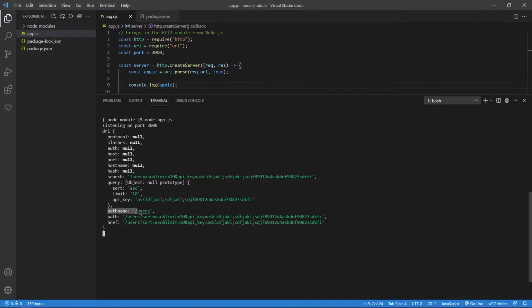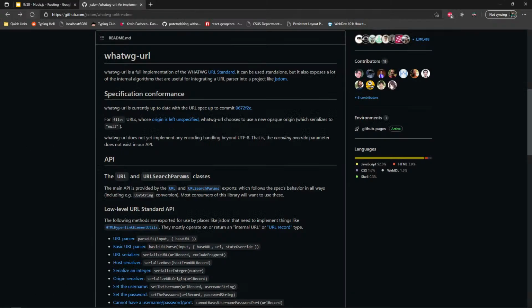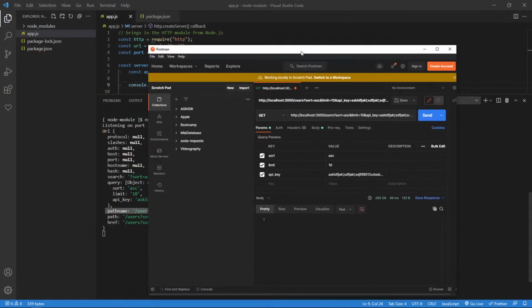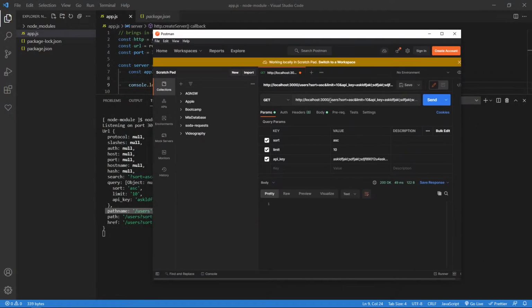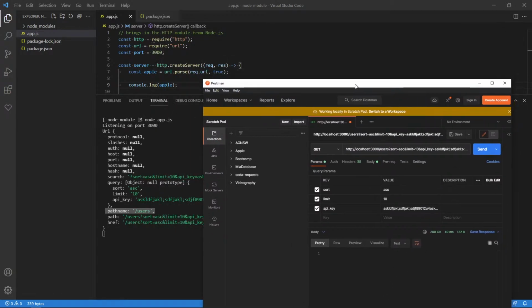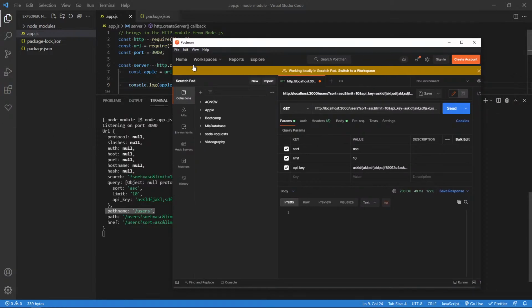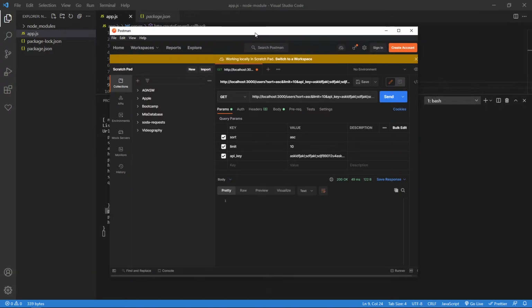And then if you want to know what was the resource they were looking for, that's under path name, right? Where is it at? Over here. Trying to parse this out yourself is going to be a nightmare, right? So don't do it. Use a module. Node is saying you should use that other module, but I couldn't get it to work, so I'll have to see what I'm doing wrong. I'm sure I'm doing something wrong. But anyways,